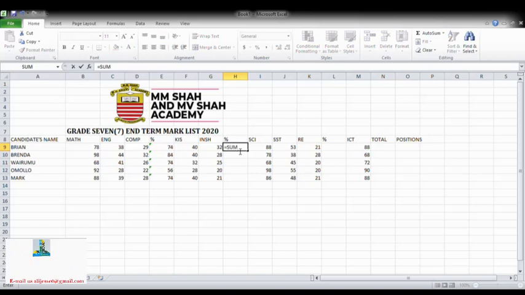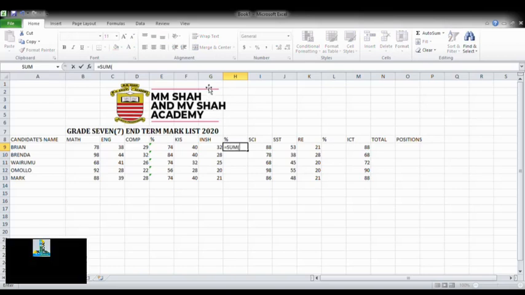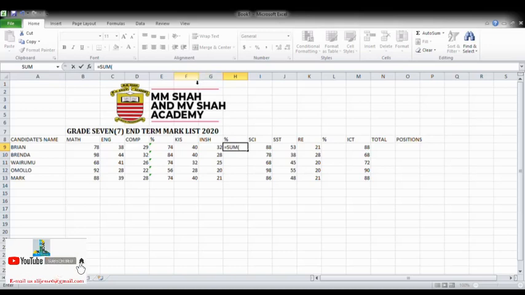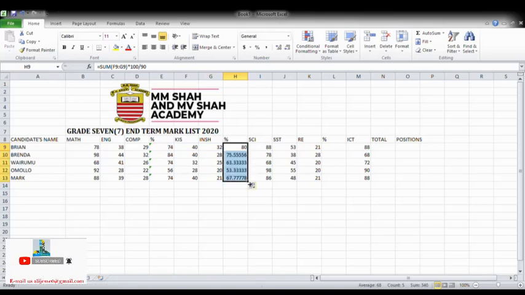sum. The first entry is on column F, row 9, F9, column G, row 9 for Insha, G9, close the bracket, multiply by 100, divide by 90, press enter key, you get 80%. Now for you to get quick entries for the rest, you just drag it like that,